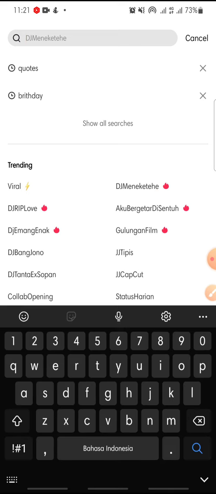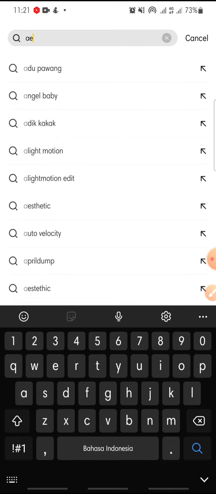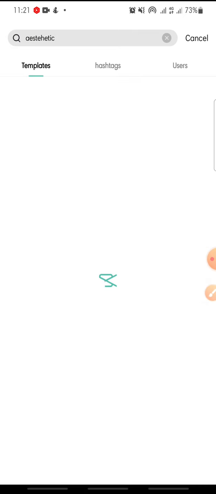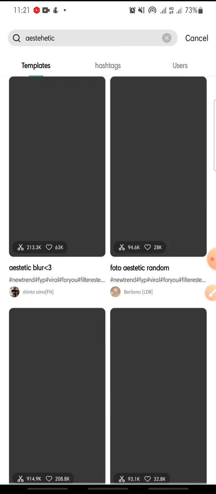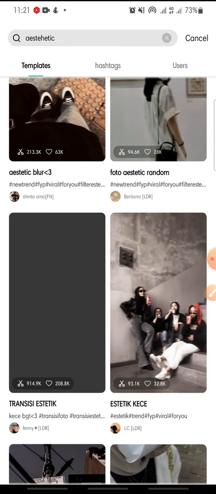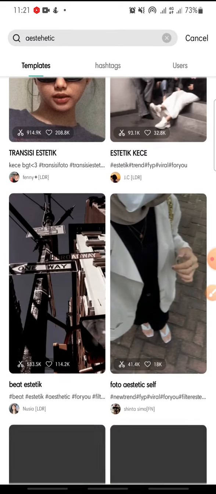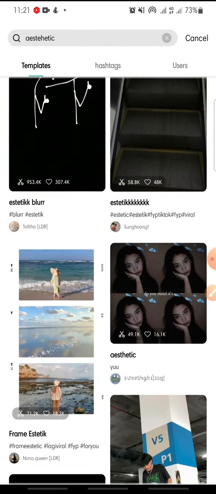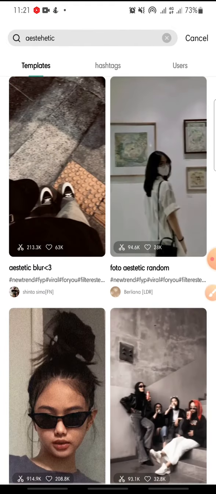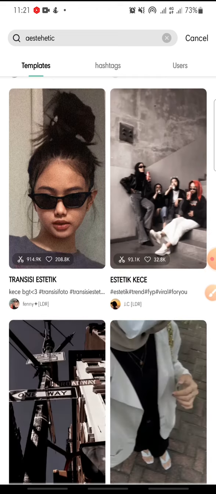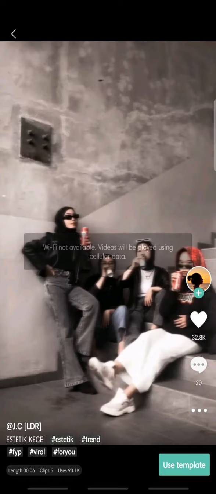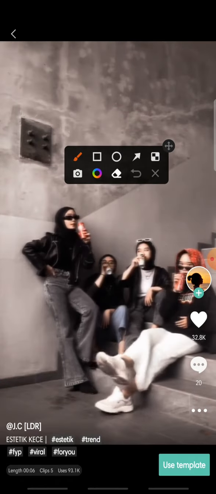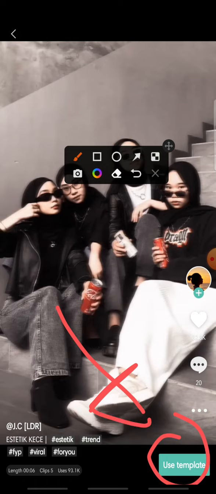And then click Aesthetic. This one. And then in here you can see many template video aesthetic on CapCut. You can choose everything you like. But in here I wanna add this one. And then in here you can click on the use template, click on it